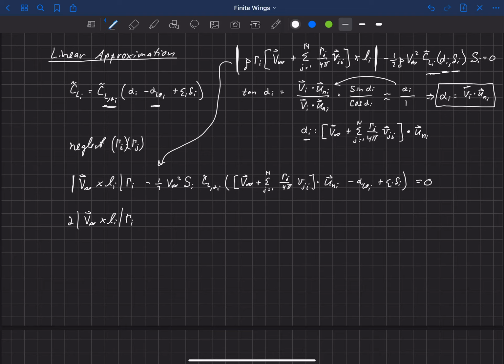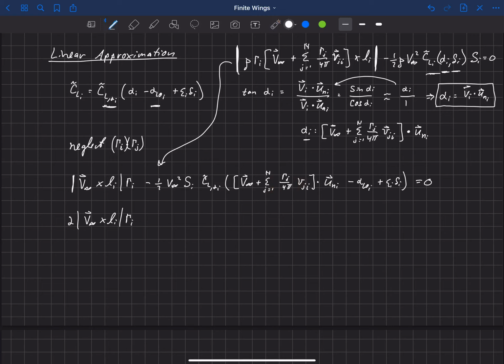And then the second term I'm going to divide up into all of the constant values. I'm going to move those to the right-hand side of the equation, and on the left-hand side, I'll be left with our unknowns. So our unknowns are gamma j, and our known values are alpha L0i, epsilon I delta I. And actually, we know v infinity dotted with u and I. This is a vector plus another vector dotted with u and I, so I can divide that up. I'm going to move this v infinity dot u and I to the right-hand side, and on the left-hand side, I'm going to leave this vector dotted with u and I.